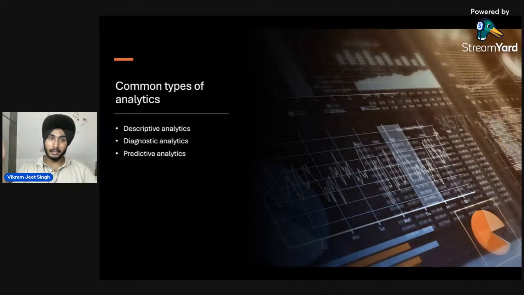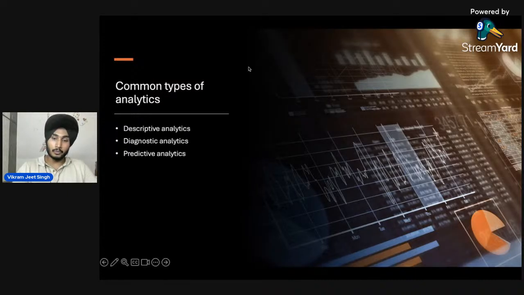So we predict the inflation as well, based upon predictive analytics, and we decide how much the value of a single 1,000 rupees, or you can say 1 lakh rupees, will be in the further future. The parity rates and everything we compare. So this is what predictive analytics is.